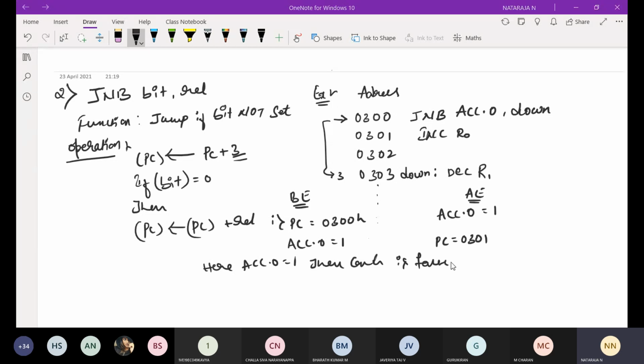So the processor executes the next instruction, that is increment R0. For the same program, we'll take a second example.